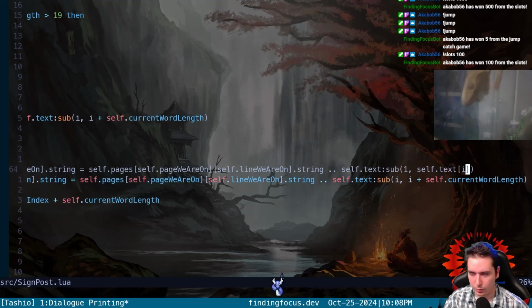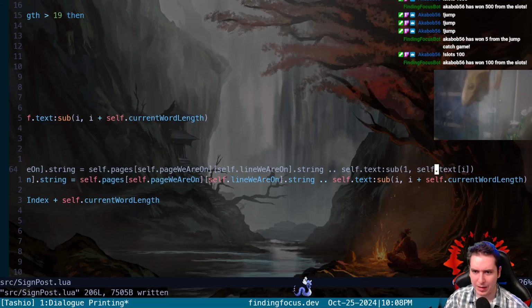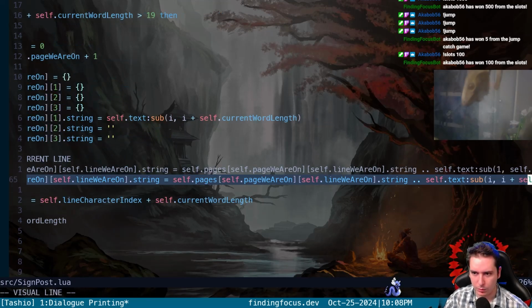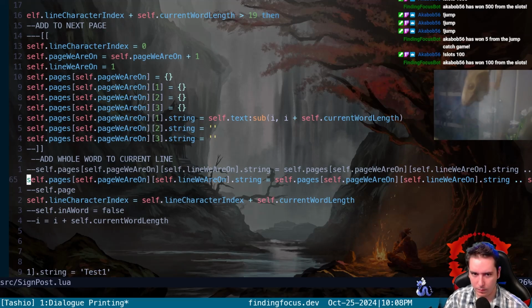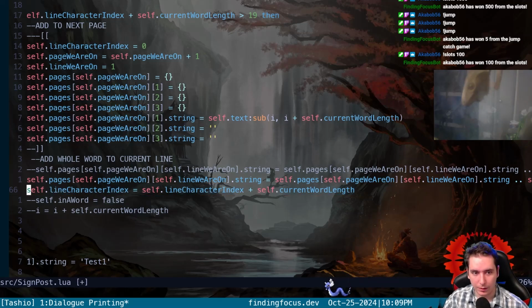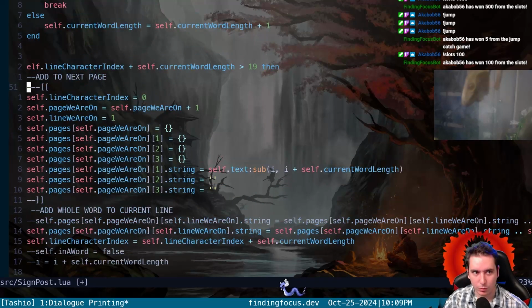Our old thing we had was from character 1 to the self text of our first word, which would add characters behind our first word, which is not what we want. So here we should be appending the whole word to this current line, and then we're setting our line character index to be modified by the current word length. So once we add the word, we increment our line character index, which will